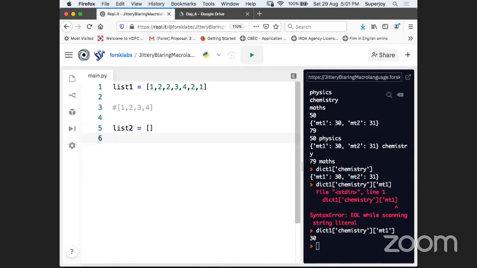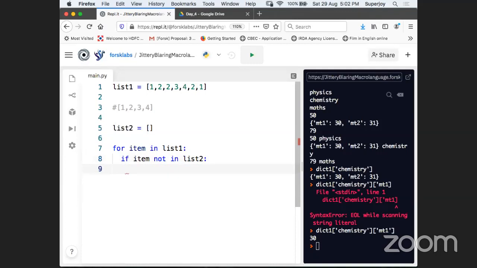Let's see, guys. For that, I'm going to say for each item in list 1, if item not in list 2. Can you see why I'm writing it, guys?